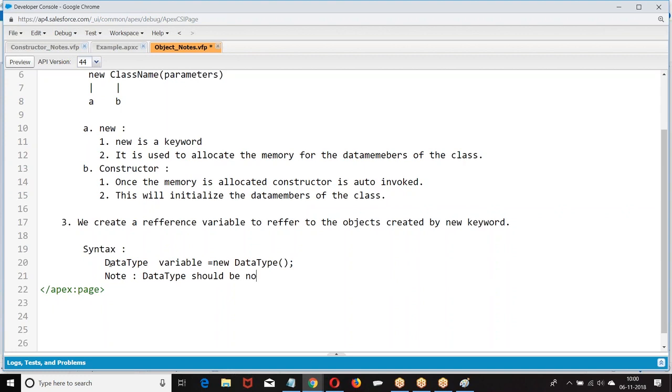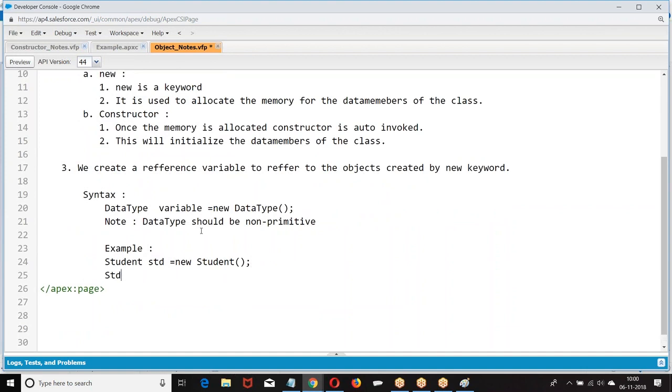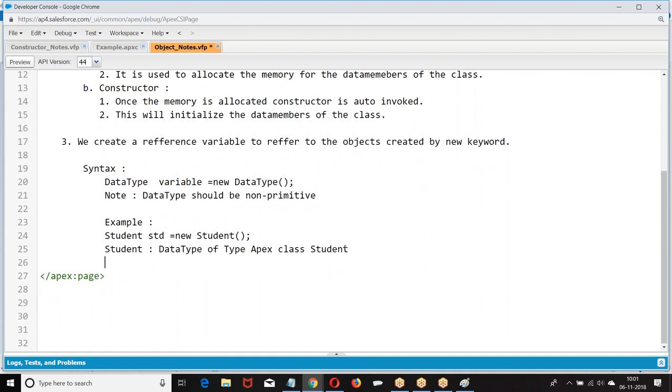Data type should be non-primitive. Example: std equal to... Study will refer to memory allocated by...